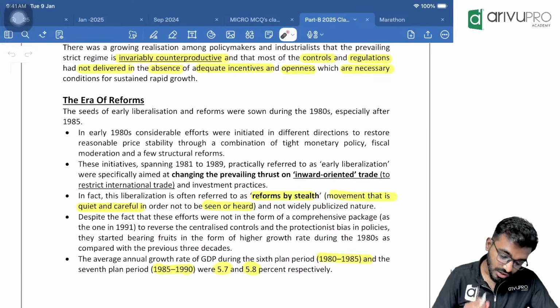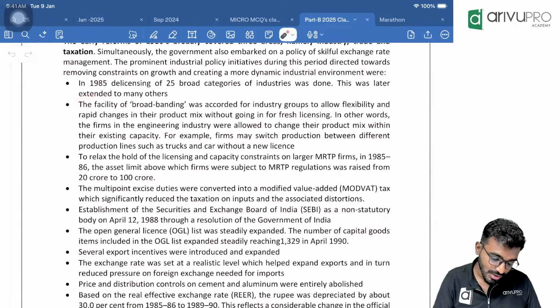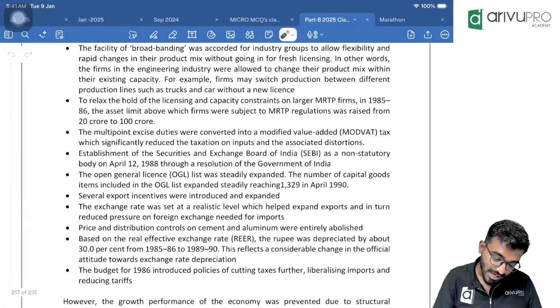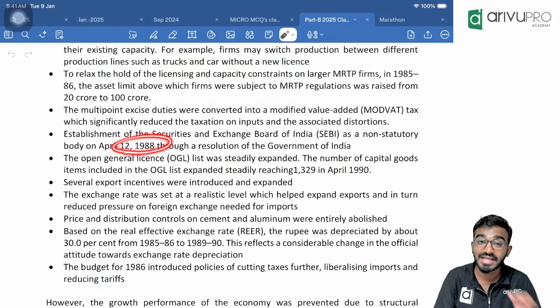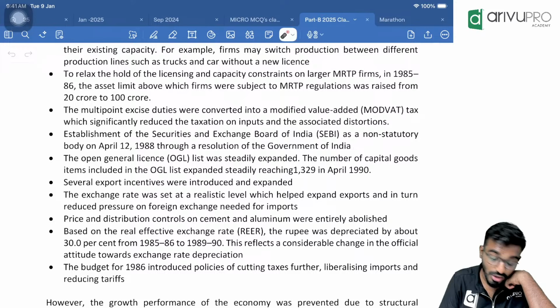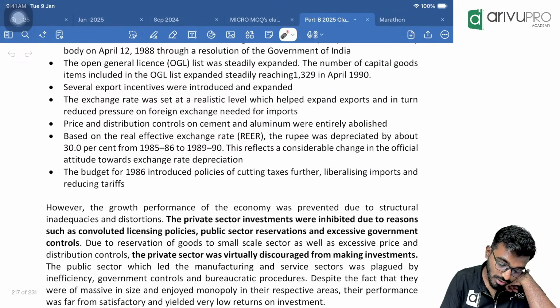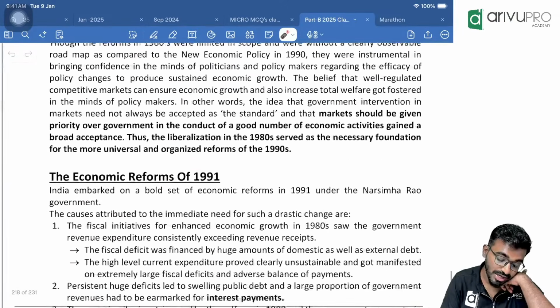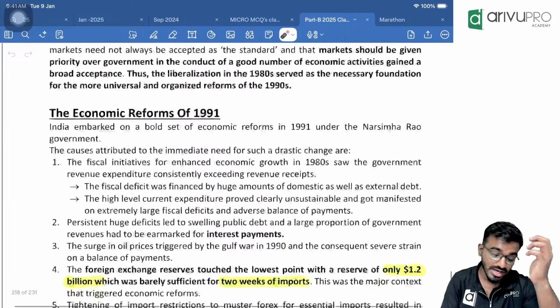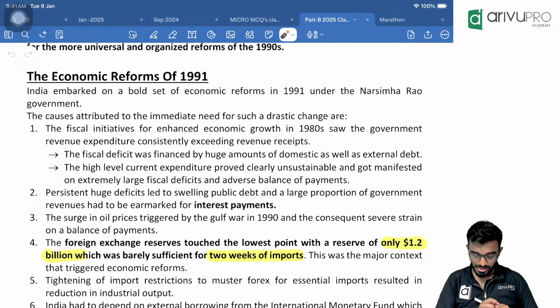See, the era of reforms by Stilt. I explained this entire thing. Questions can come from anywhere. All this: MRTP Act, Mod VAT. SEBI got its powers in 1992, but SEBI was established in 1988. After the Harshad Mehta scandal, they got the powers. OGL, full form Open General License, all of these are important. Private sector reforms underwent resolutions and all the changes were made in 1991. So from now on, especially 1991 is crucial in India. This is where most of the things get interesting.